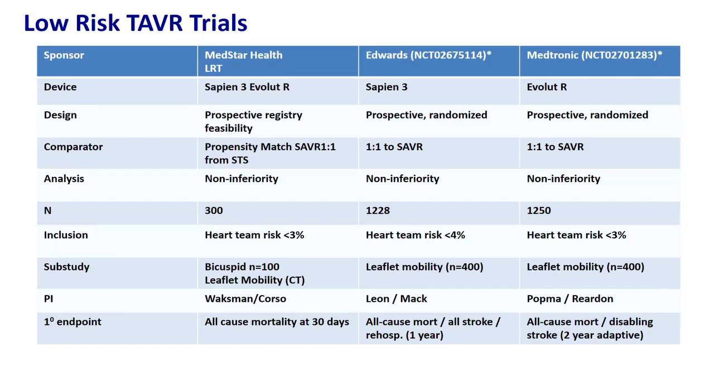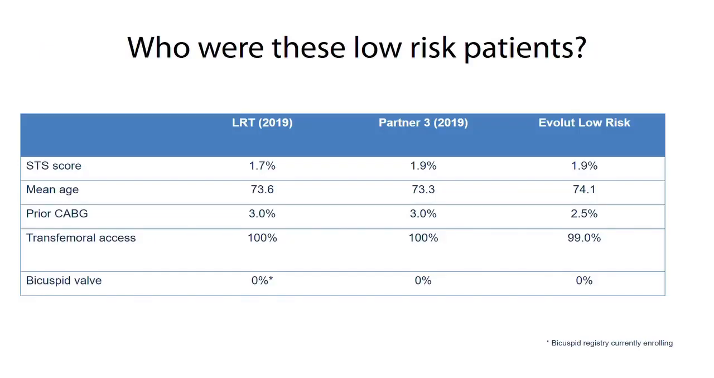You can see the number of patients was different, but what's unique about those patients is that they really have a very low STS score. Ours was 1.7, PARTNER 3 was 1.9, Evolut Low Risk was 1.9. The mean age is getting lower. We're talking about now not the 80s and the 90s, these are 73, so early 70s. Some of them had prior CABG, all of them transfemoral approach, and